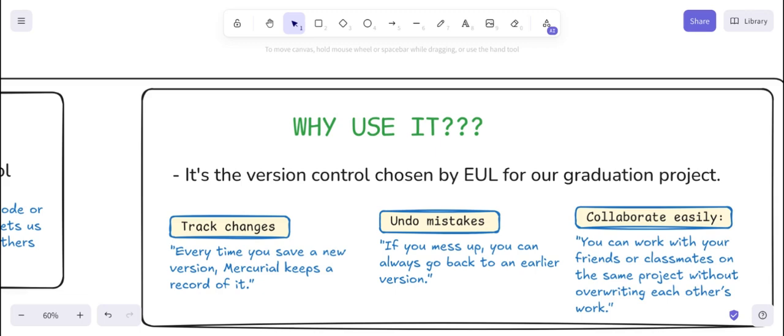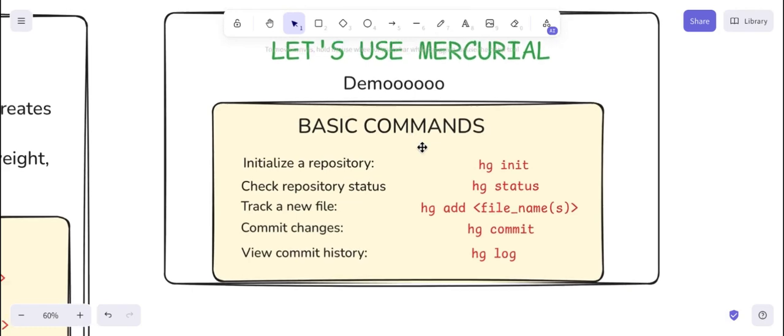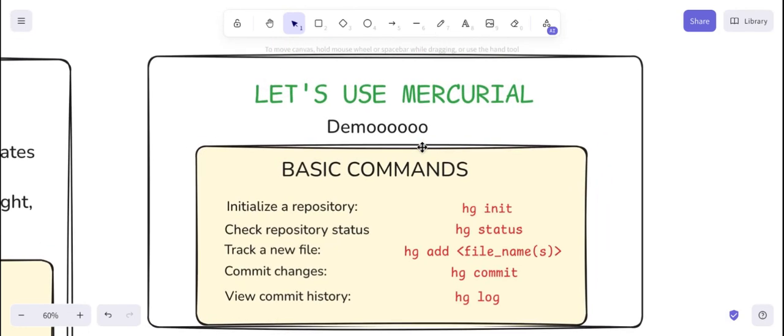And with this functionality, you'll be able to undo your mistakes. So if you mess up at any point, you can always revert back to a previous version. And like I mentioned, it also helps you to collaborate easily. So I'll show you all of this. I think that's enough theory. I hope you get the basics of what Mercurial is and what version controlling is about. Now